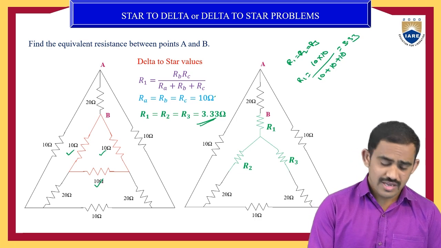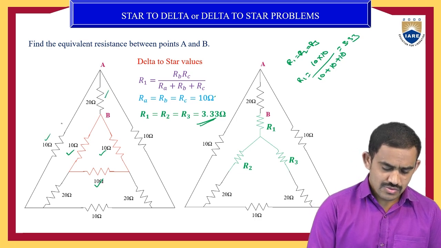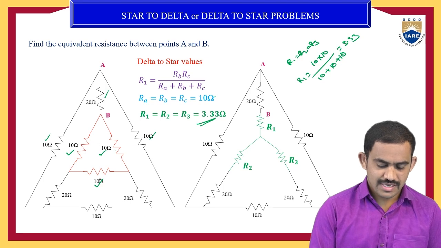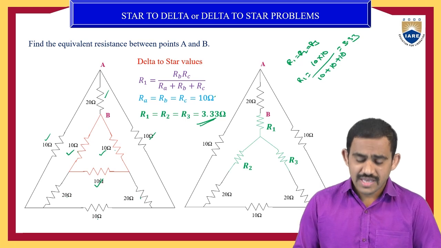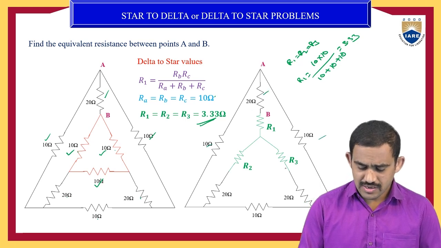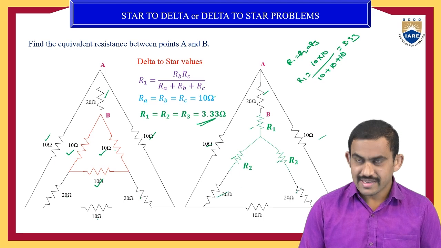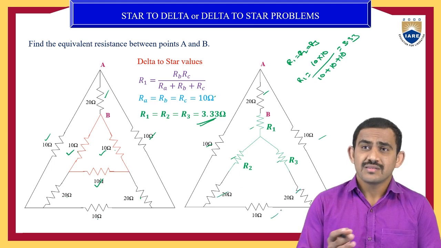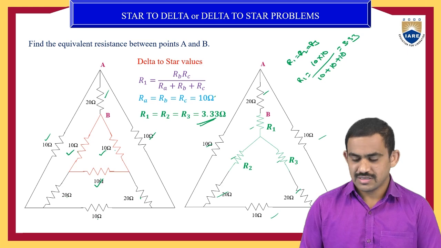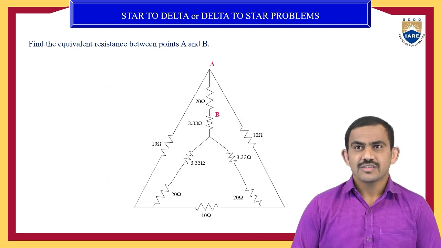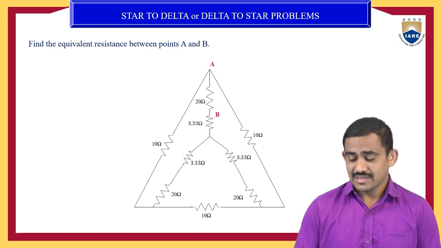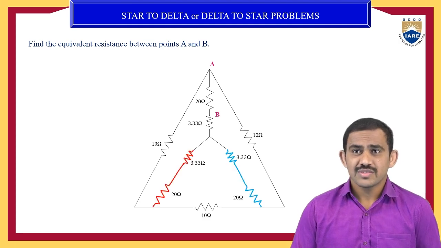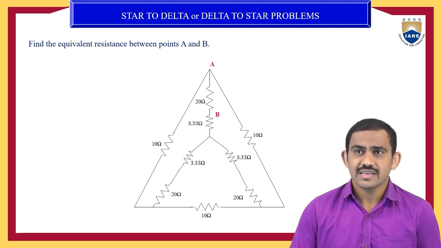Okay. So you have converted delta to star. So how many resistors do you have in this main circuit? 1, 2, 3, 4, 5, 6, 7, 8, 9. 9 resistors. Now you have converted to star. Then also you have 1, 2, 3, 4, 5, 6, 7, 8, 9. Same resistors, but you have converted delta to star. Now the main circuit. In this circuit, do we have any series and parallel? Yes, we have series and parallel. So first go for series. So these two are series. Clear? You can clearly see this.